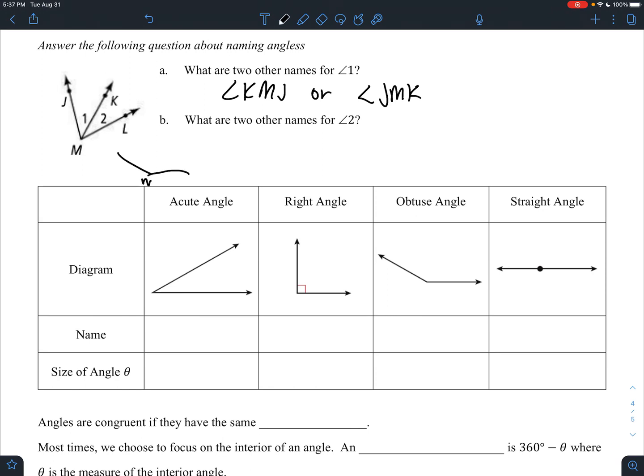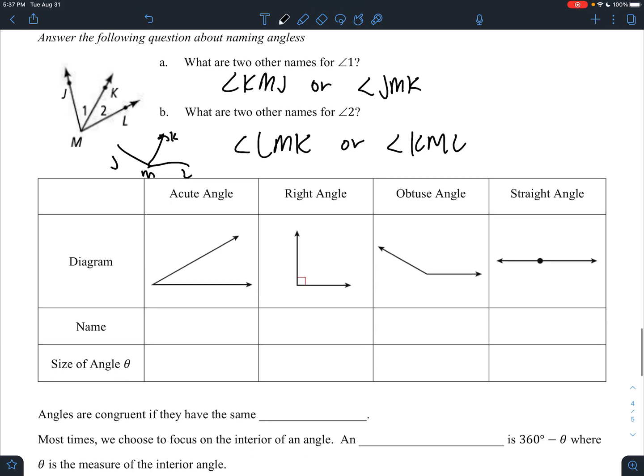Because in geometry, we have to be really skeptical. The picture could look like that, right? There's no right angle symbol or anything locking it. So those are just things to look out for when we're doing this, is how precise it is. Okay. What are 2 other names for that angle? We could also do LMK or